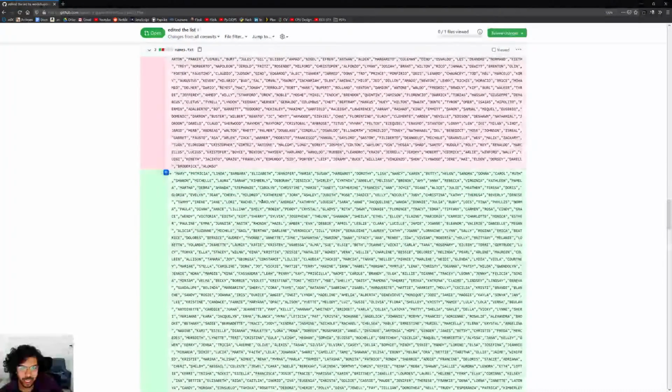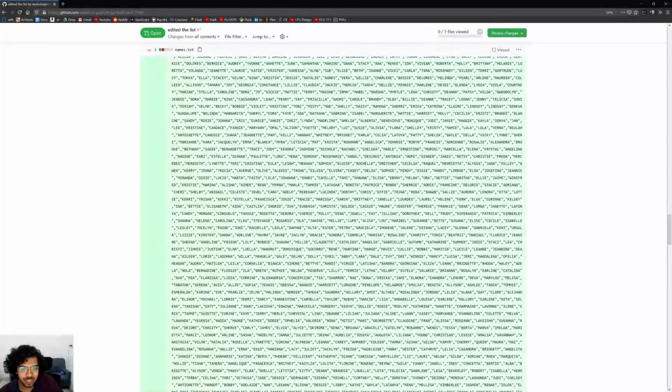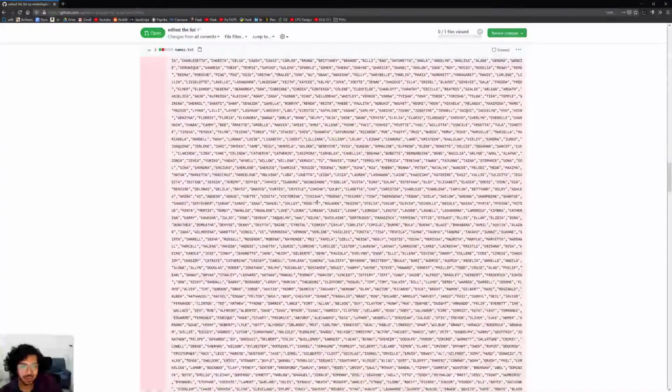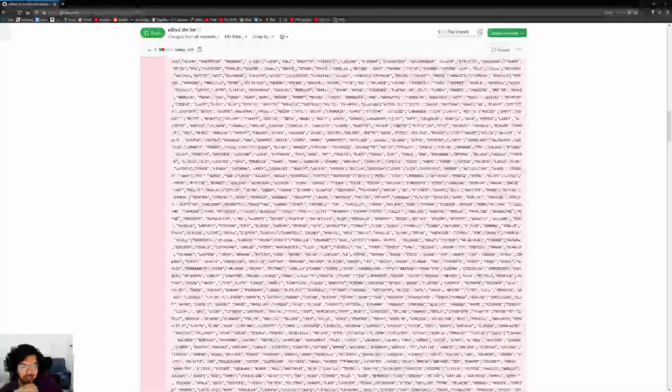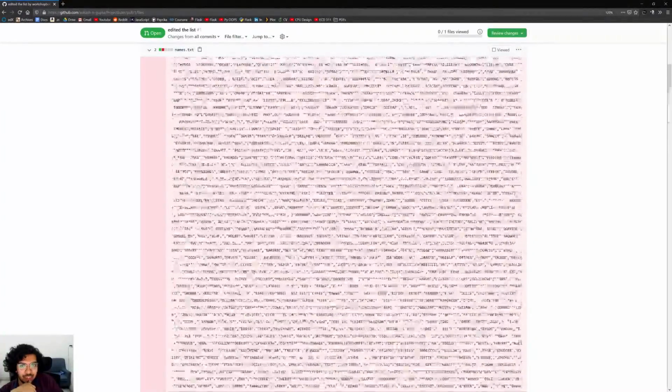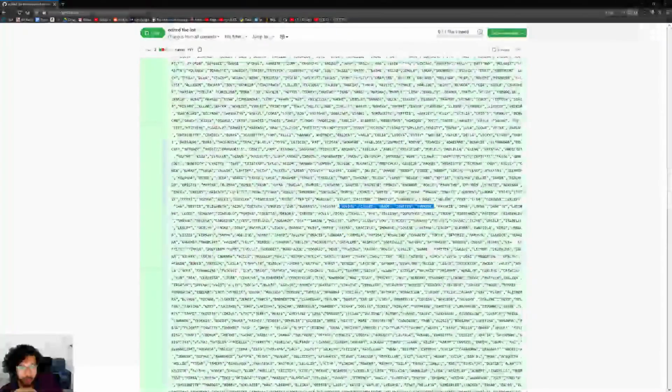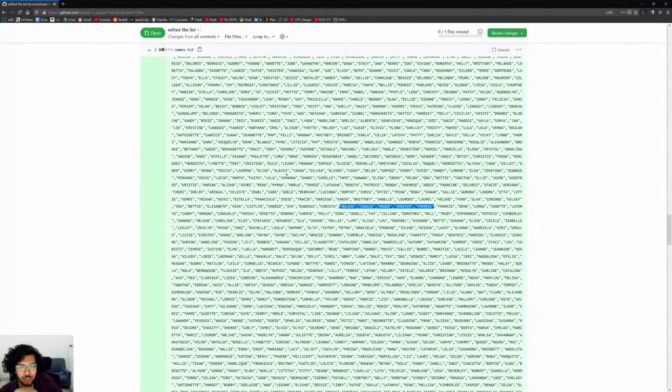So this is the new file, and some random names, which is very hard to track right now, would have been removed here. It would be much easier to understand if it was a regular file with different lines. But anyway, I hope our point is clear. The green part shows the changes made to the file by the person who has done the pull request. In this case, Aniket has removed these names.